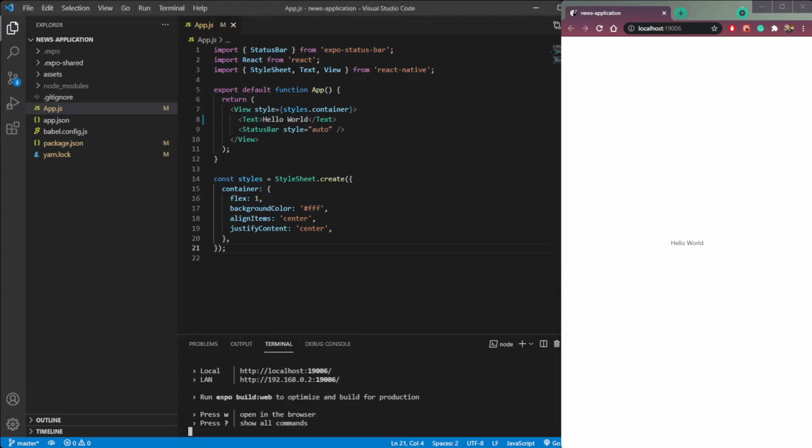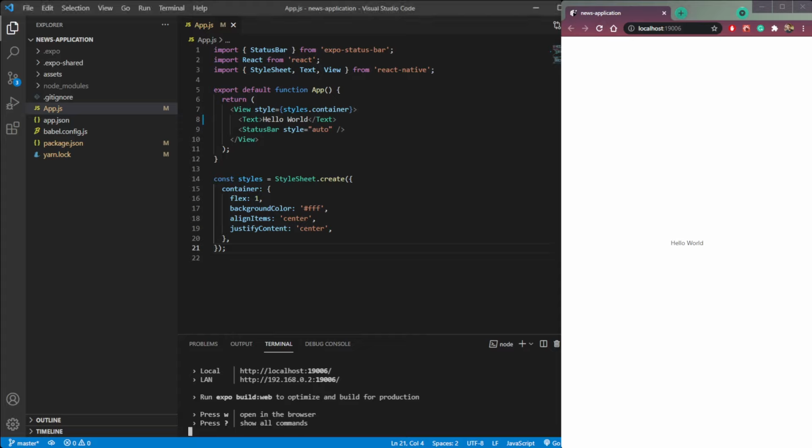Search React Navigation on Google and open up the first link. Then click read docs and go down. You can see we have the expo project command to install this React Navigator. So paste it here. Wait for it to install. The React Navigation has been installed.